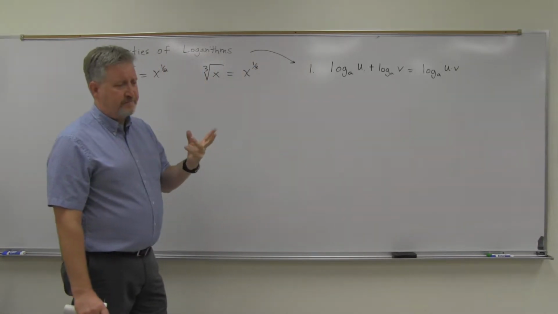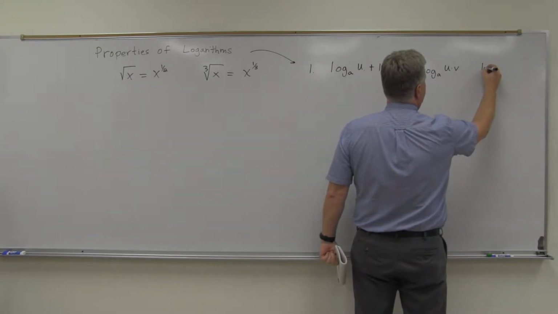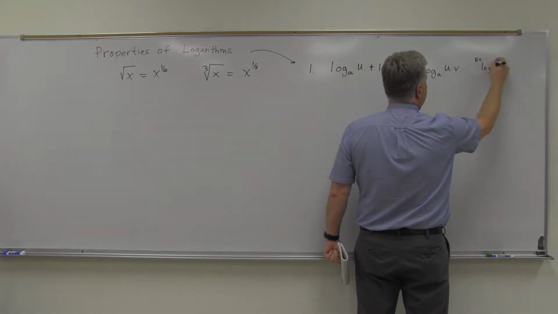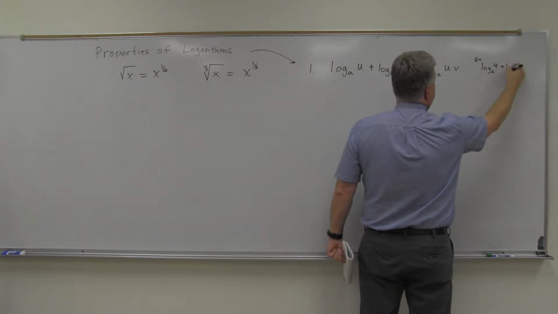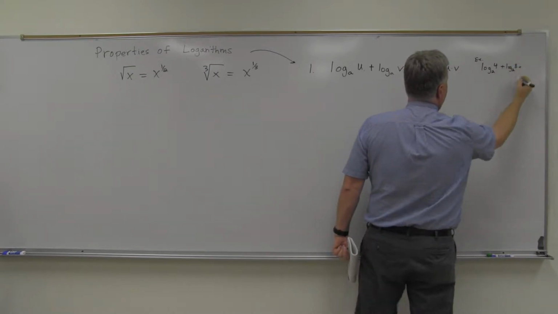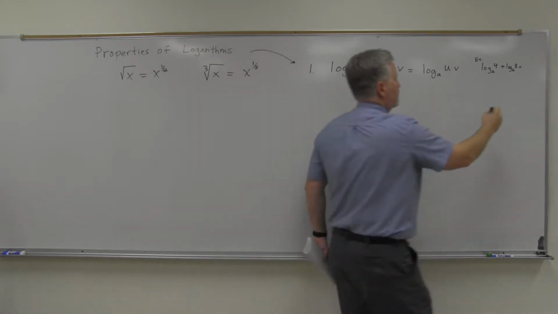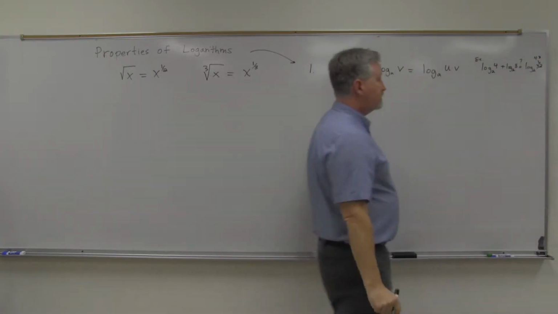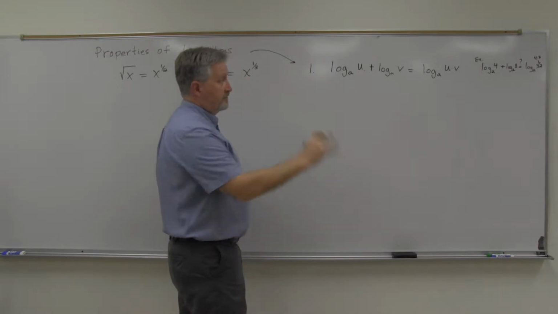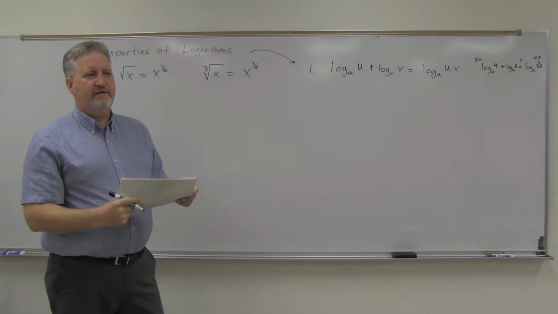And just as an example of that, if you look at log base 2 of 4 plus the log base 2 of 8, what this property tells me is that would be equal to the log base 2 of what? 4 times 8. 4 times 8, 32. Is that true? Well, yeah. That's not really the kind we would be condensing like that, but it shows you that this is